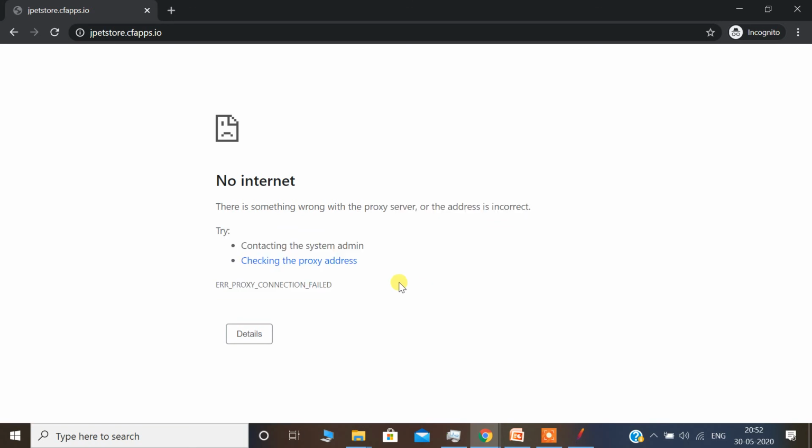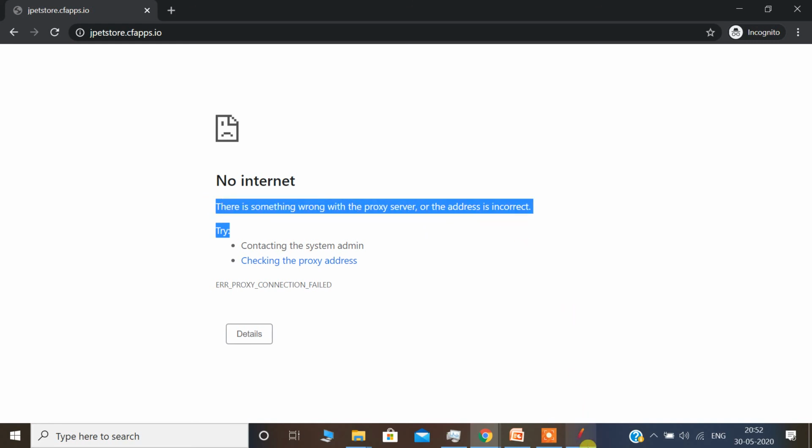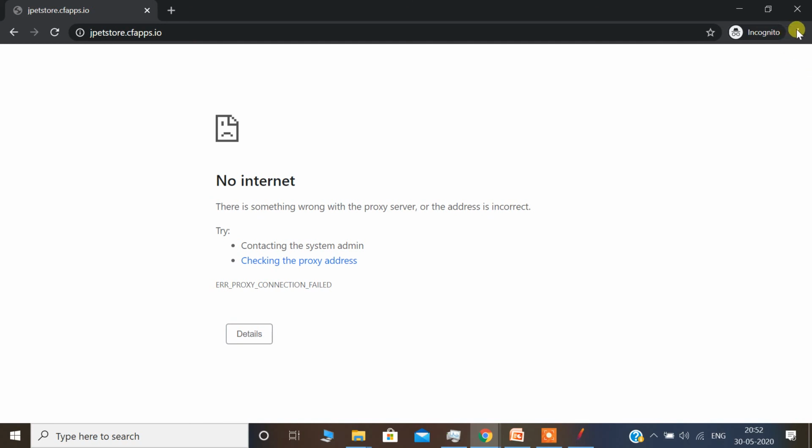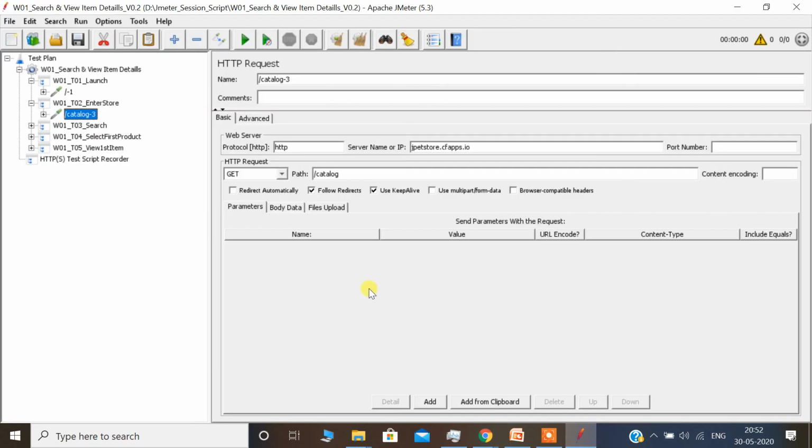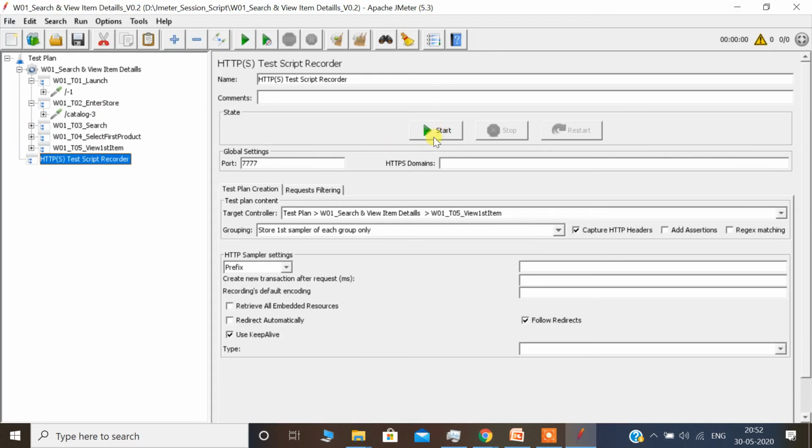Here it will stop loading any application, because we have added the proxy in the browser, and earlier in JMeter we had started the proxy, so that was why it was able to send the request to the server, because the proxy was set on the browser as well as on JMeter.